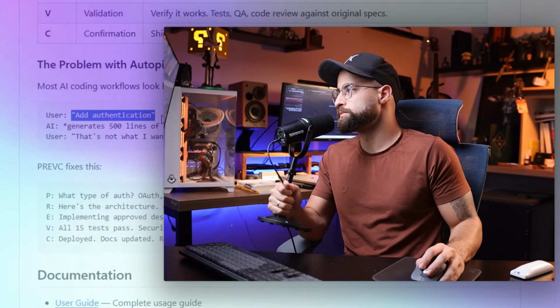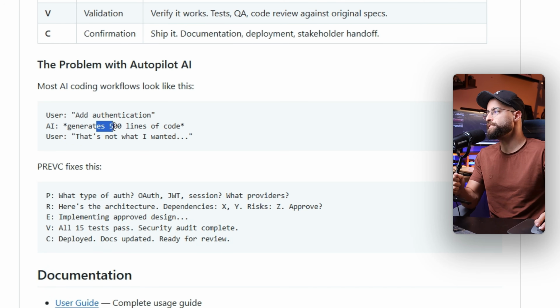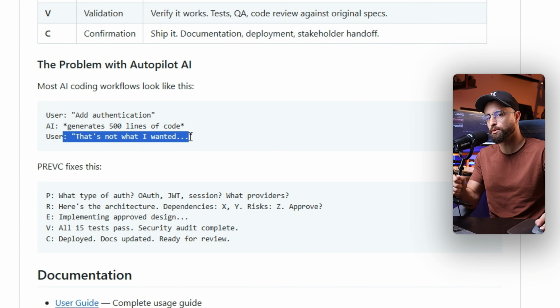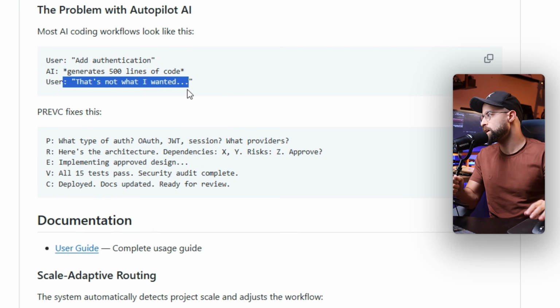Here's a quick example. Most of AI coding workflows look like this. User: add authentication. Then AI generates 500 lines of code. That's not what I wanted. That's you, user, and that's your workflow right now. But with this method, you will have